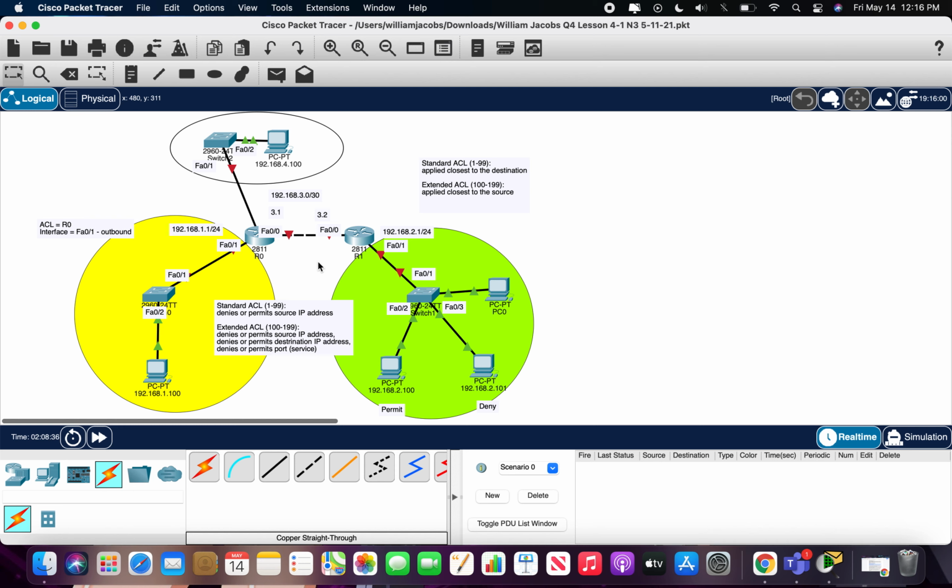The main reason for an ACL is to protect your private information from incoming traffic. And so if it's on the wrong interface, contaminated traffic or hackers could potentially get to your